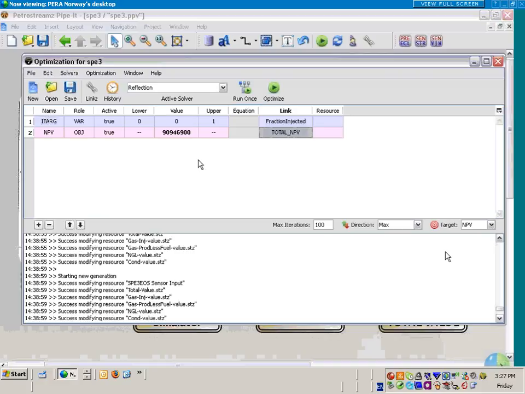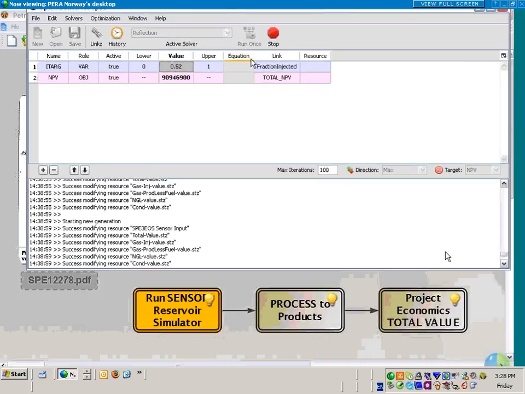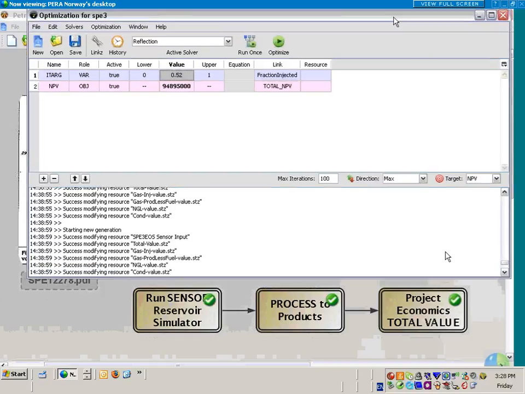And if you change from 0 to 0.52 and say run once, it'll run the project from here. You'll see immediately it's running below, and you'll see the final result pulled in up above. Now we can run an optimizer and ask what fraction of reinjection will give us the maximum net present value. You do that by just pushing on the optimizer, and it'll just keep changing. You can watch the value of the 0.52, 0.42,